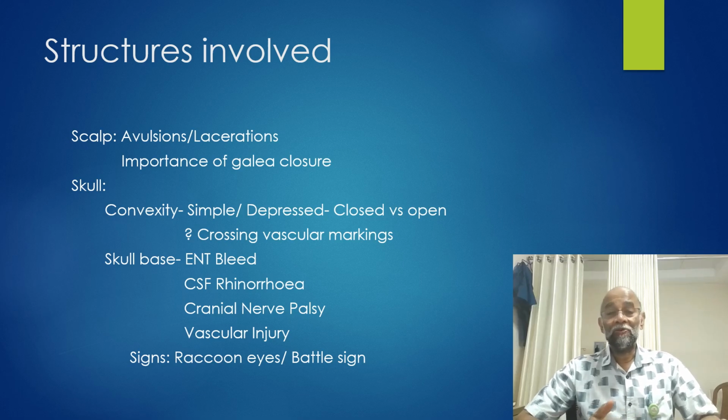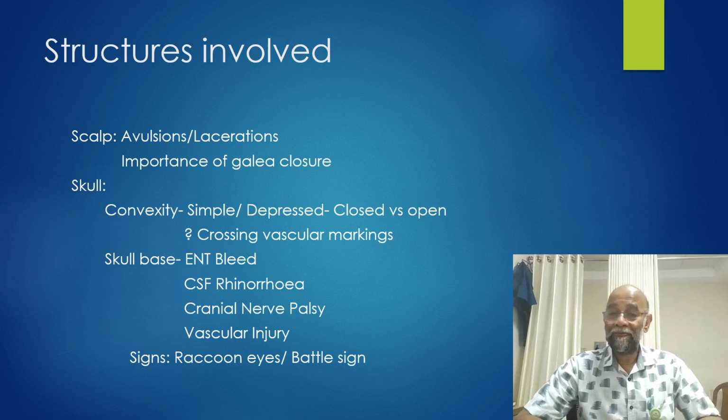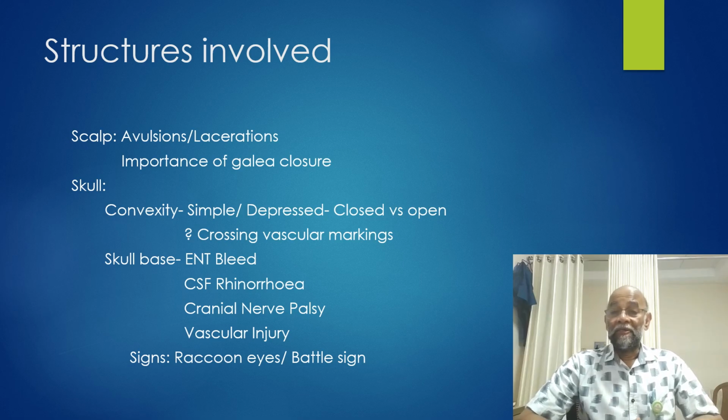Skull base fractures, usually the most obvious thing is bleeding from the ear, bleeding from the nose, or bleeding from the mouth. If you look for it and you are aware of it, you will often find that there is blood mixed with CSF, which appears as a double ring when you take the blood on a filter paper or a handkerchief. It's called the halo sign. CSF rhinorrhea,